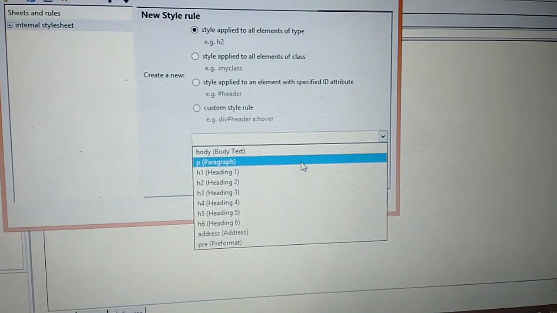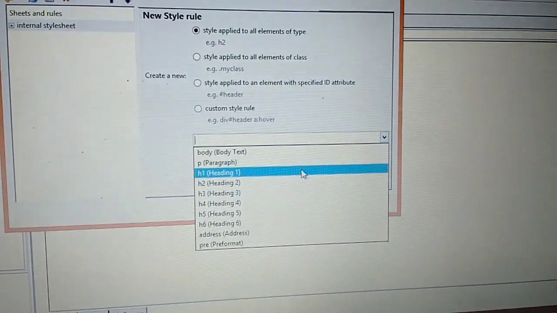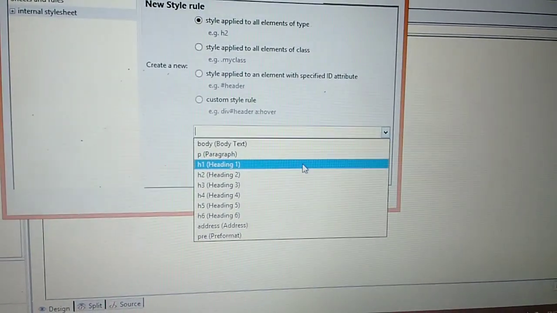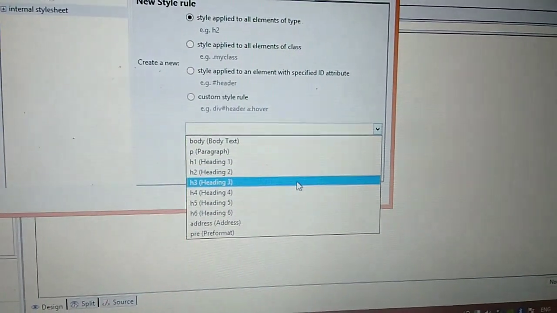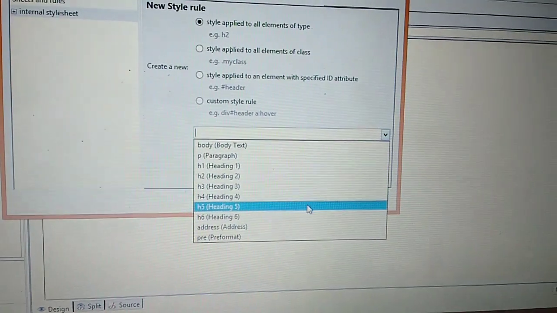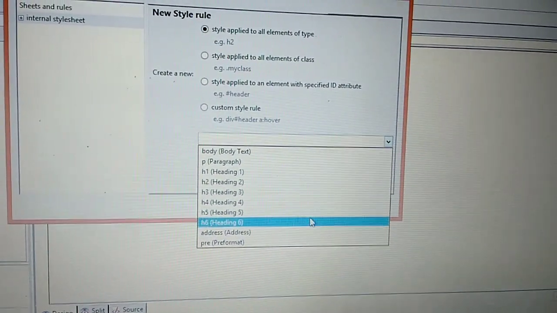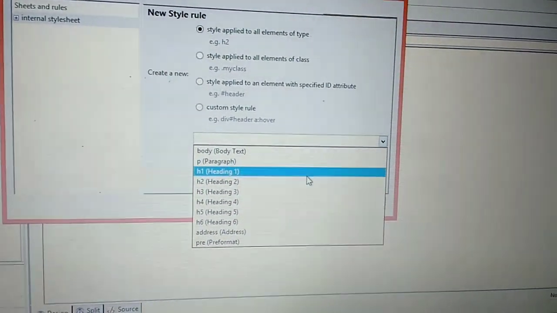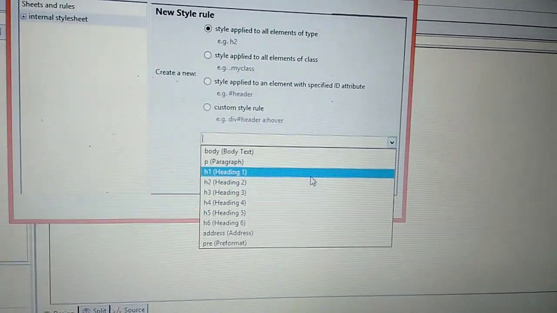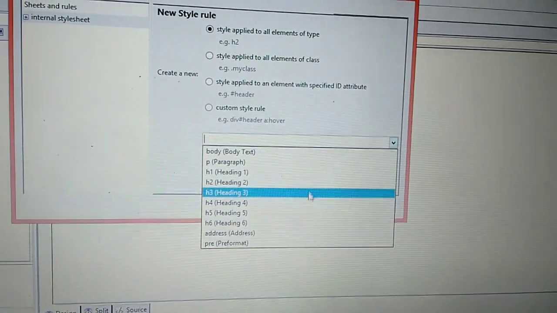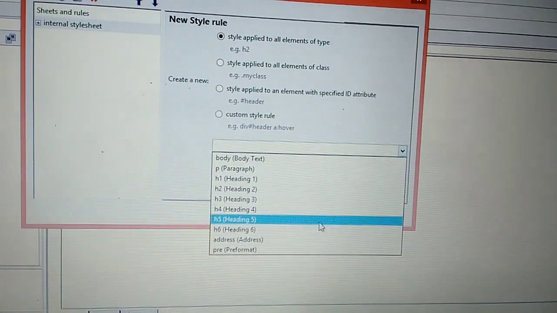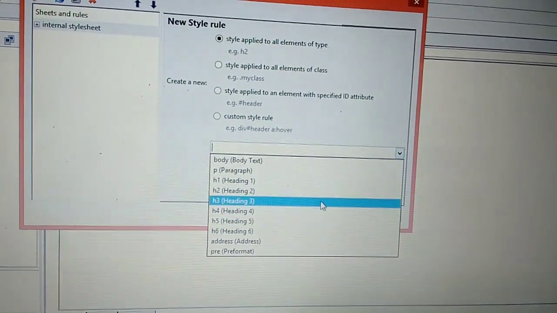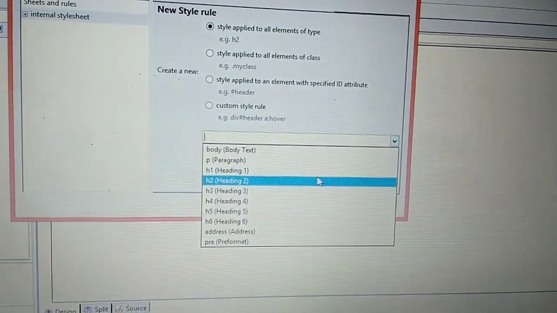When you click your drop down menu, a menu will open. Inside your menu you can see heading tags, that is H1, H2, H3, H4, H5 and H6, various types of heading tags. There are six types of heading tags. I am choosing H1. If you want H2, H3, H4, H5 or H6, then you can select it. I am giving H1.